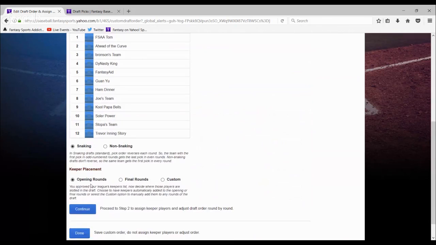And so now I'm going to go to, okay. Oh, this is the other thing. I'll show you real quick. This is your keeper placement. Where are you keeping these players? Like in our case, we're going to push it to the final rounds because you always want it final rounds. Forget anything else. If you're trading draft picks in your league, make sure your keepers are placed at the end of the draft